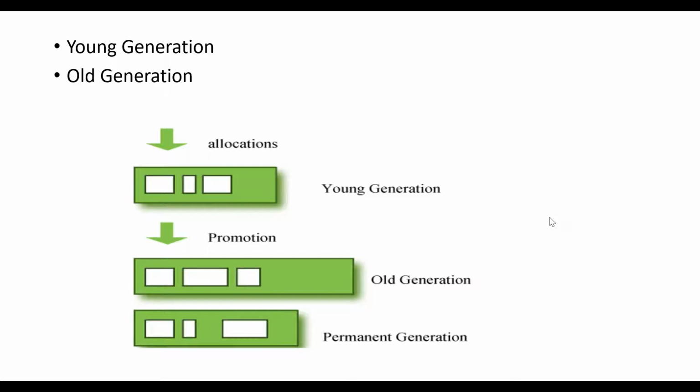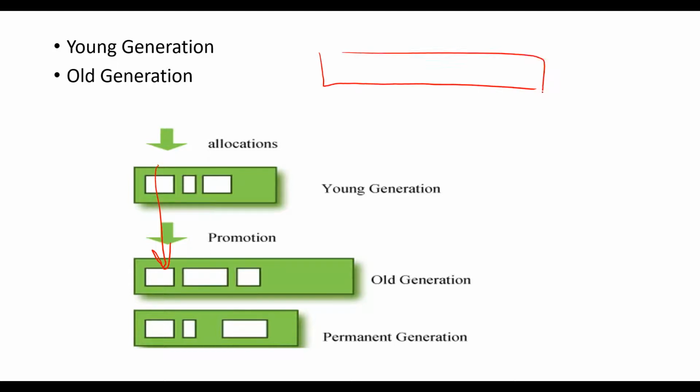Now as the application proceeds further, or as it is running, there are a few objects which are still required by other objects or by the application itself. So these objects will get promoted to the next generation. How is this promotion happening? We also saw that, right? Inside the young generation you have Eden and survivor spaces. Let's just recollect it.